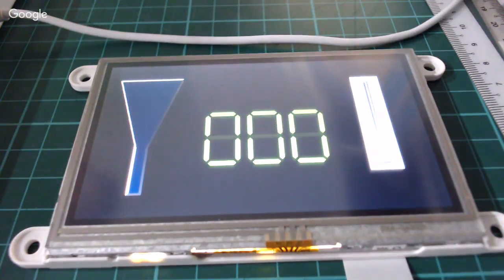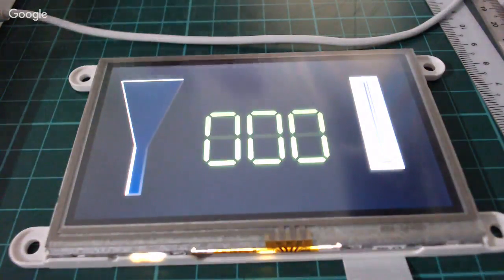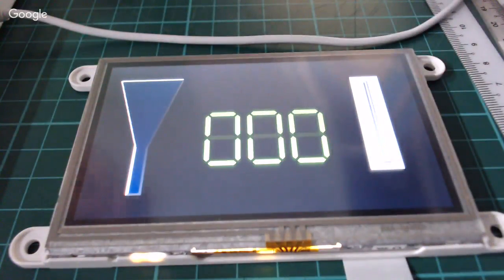And then for the digits on change, we set the tank. Okay, so I'm going to recompile again. So basically, I sort of realized why it might not be working. I could be wrong, but